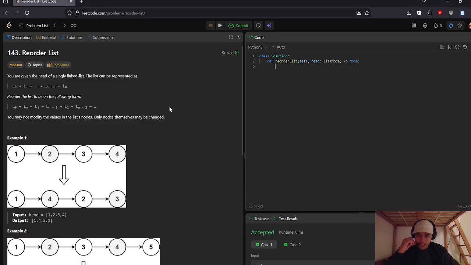Okay, so the next LeetCode linked list question is Reorder List. This time it's going to be a medium question, and we are given an original linked list called head. We are asked to do some modifications on it, and we will return nothing. So we're going to change it in place. And what is asked from us is to